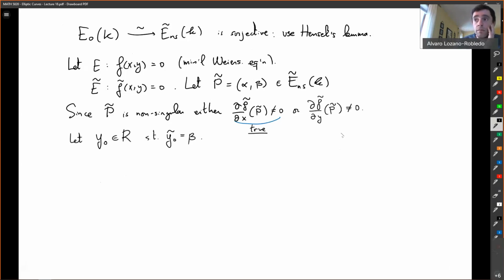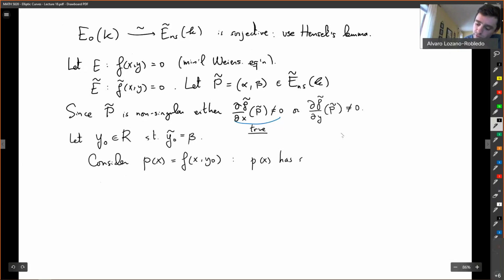Then consider P of x, which is just f of x, y naught. So consider the roots of P of x. So P of x has a root alpha